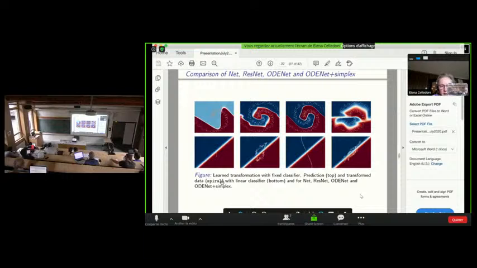So what we're comparing here is the feed-forward neural network. We see there is a much bigger difference between the different results. Every column is a different method, and the first one is a simple feed-forward neural network. The second one is ResNet. The third one is ResNet, but we have been learning the step size.